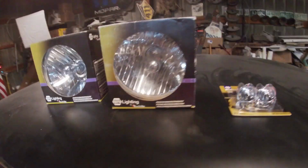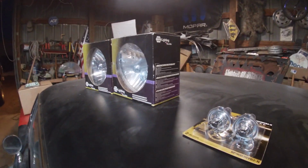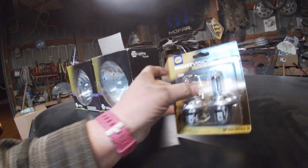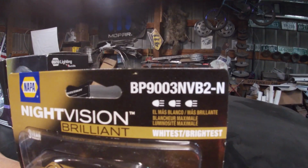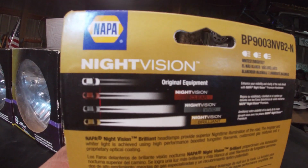All right, anybody looking to do this, we are looking at part number 27012-1 times 2. Comes with bulbs, but I was told they're on the line of cheaper and not as bright, so I went ahead and bought some better night vision bulbs. Part number BP9003NVB2-N. And there's different levels of brightness, get the glare here,